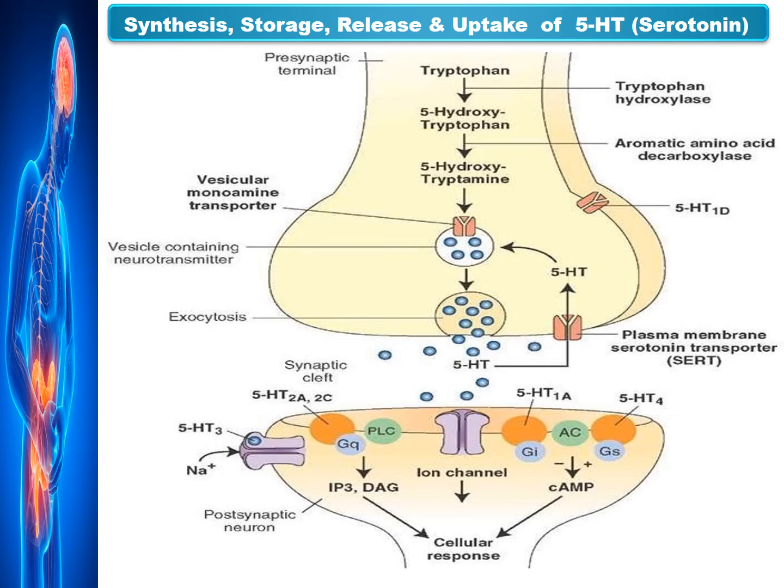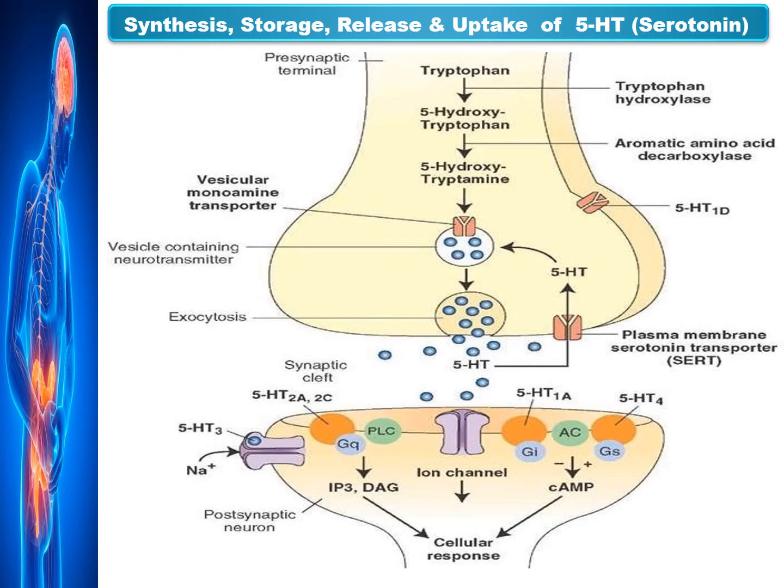Friends, as we know, the tryptophan which we are taking from dietary supplement is a precursor for biosynthesis of 5-hydroxytryptamine. Through this precursor, synthesis of 5-hydroxytryptamine takes place at presynaptic site. Then this 5-hydroxytryptamine is stored in the presynaptic vesicle. Also, the uptake takes place by active amine pump, that is serotonin transporter, which is a type of monoamine transporter pump.